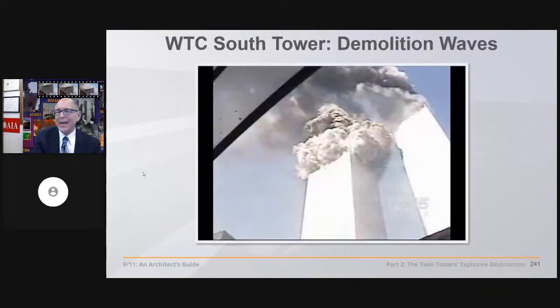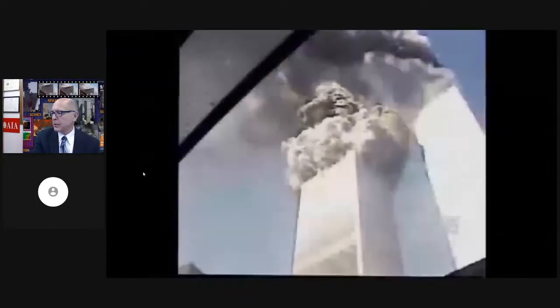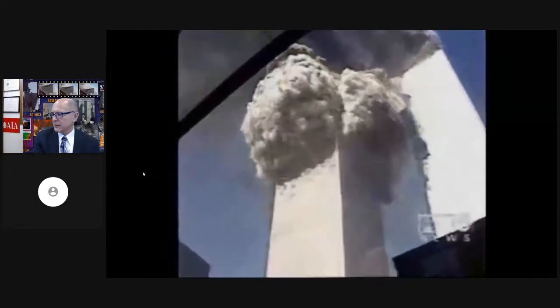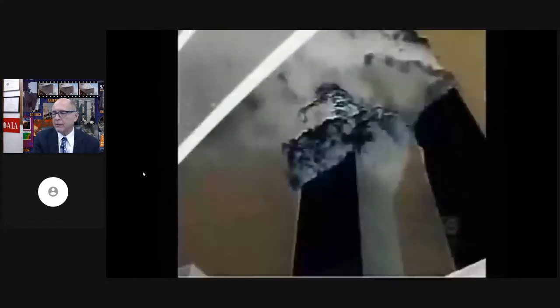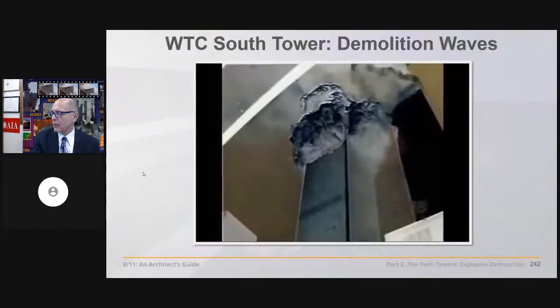So with all that asymmetrical damage, how do we get symmetrical damage all the way down the face of the building? It's a non sequitur. Makes no sense. Something else has taken over at this point. Just like the firefighters described, wrapping all the way around the building.